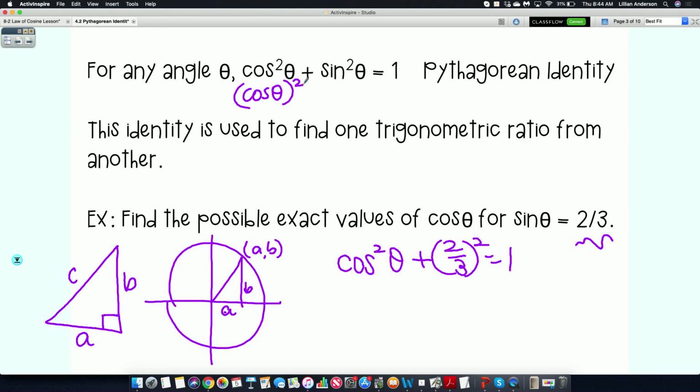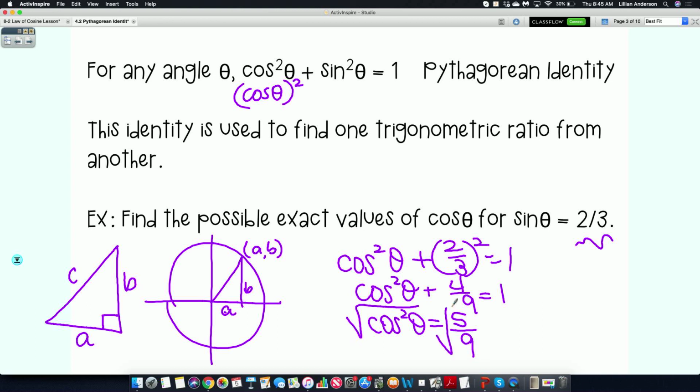What's 2/3 squared? 4/9. So I have cosine squared theta plus 4/9 is equal to 1. How do I continue to solve for cosine? Okay, this goes back to old school. How do you subtract a fraction from a whole number? Same denominator. So 1 turns into 9/9. What is that minus 4/9? 5/9. And then to solve for cosine theta,